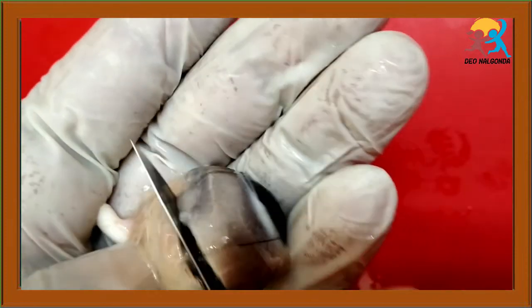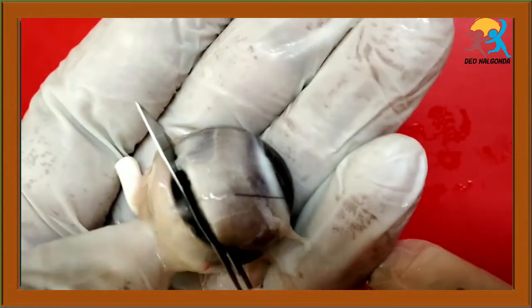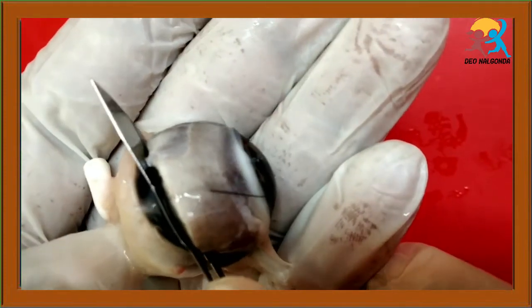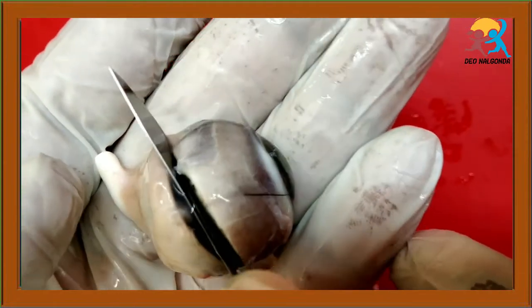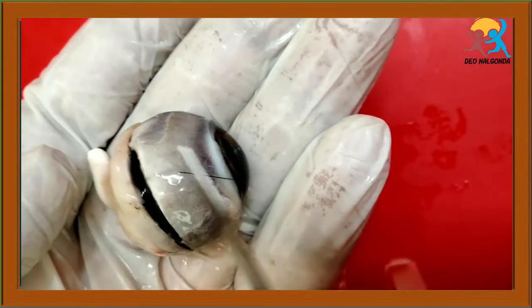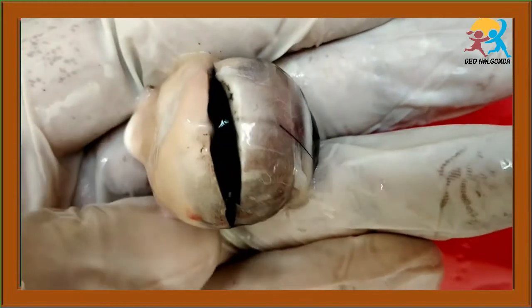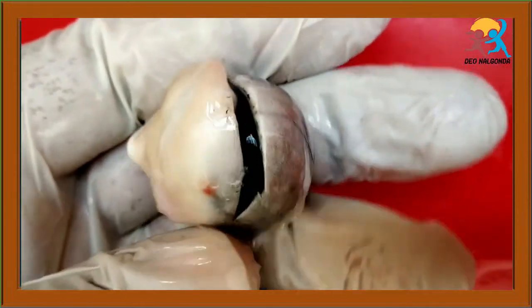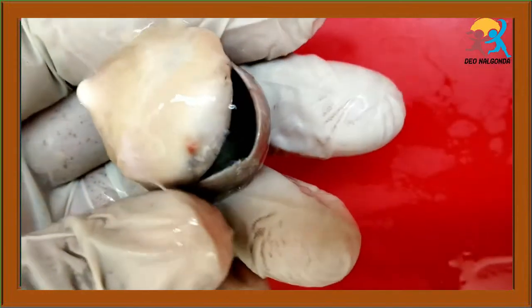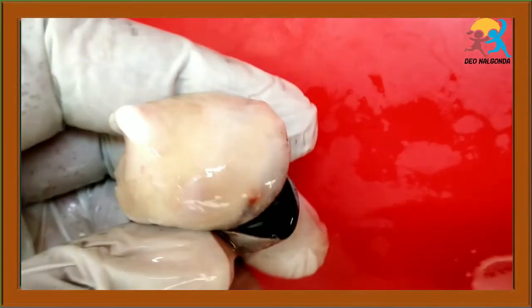Now I want to dissect the eyeball, so I am cutting the eyeball horizontally using a sharp blade. I found it very tough to cut the eyeball, because it is a mucus-like membrane. I know that the eye contains fluid, so I thought this fluid would come out when I cut the eyeball, but what I expected was wrong. The fluid does not come out very easily.